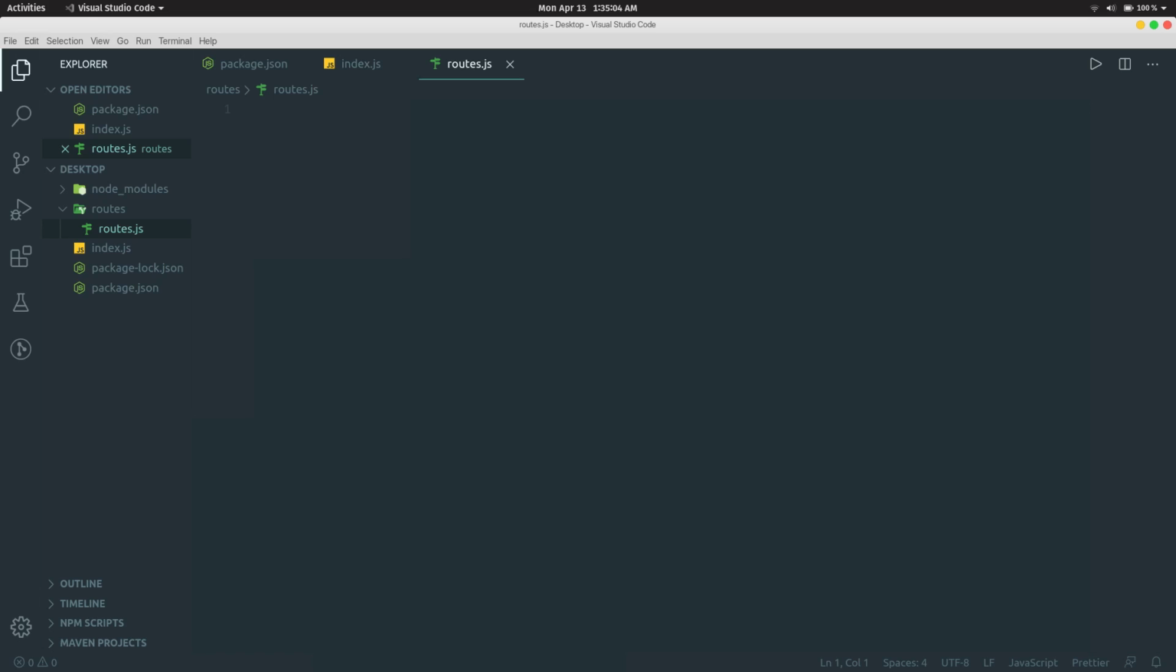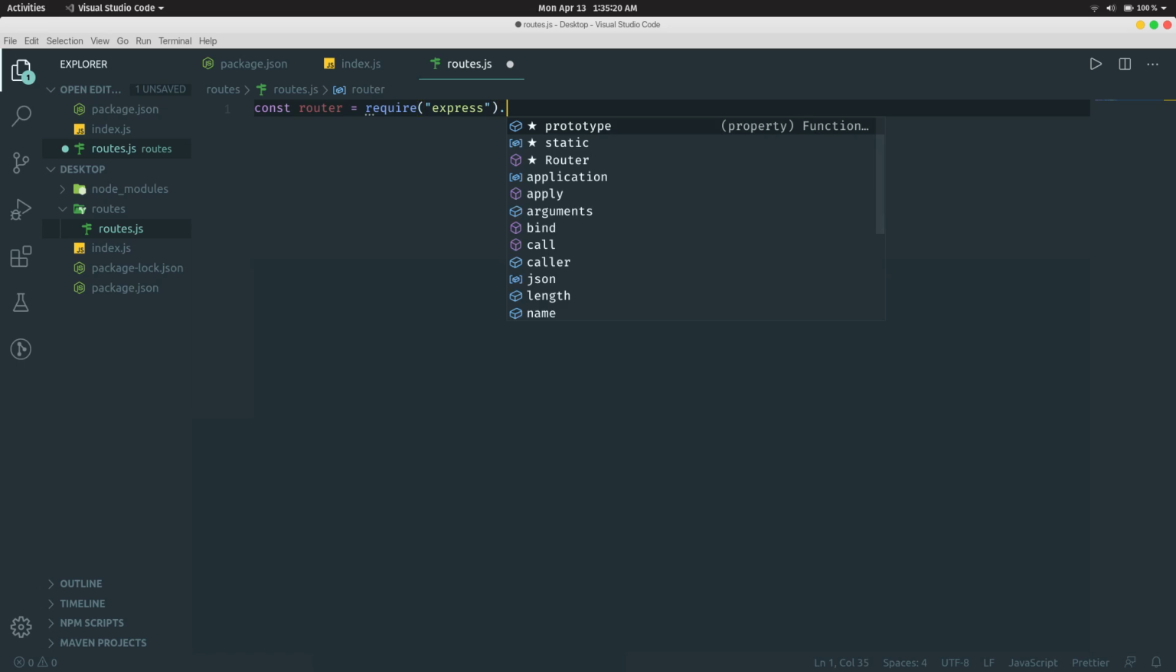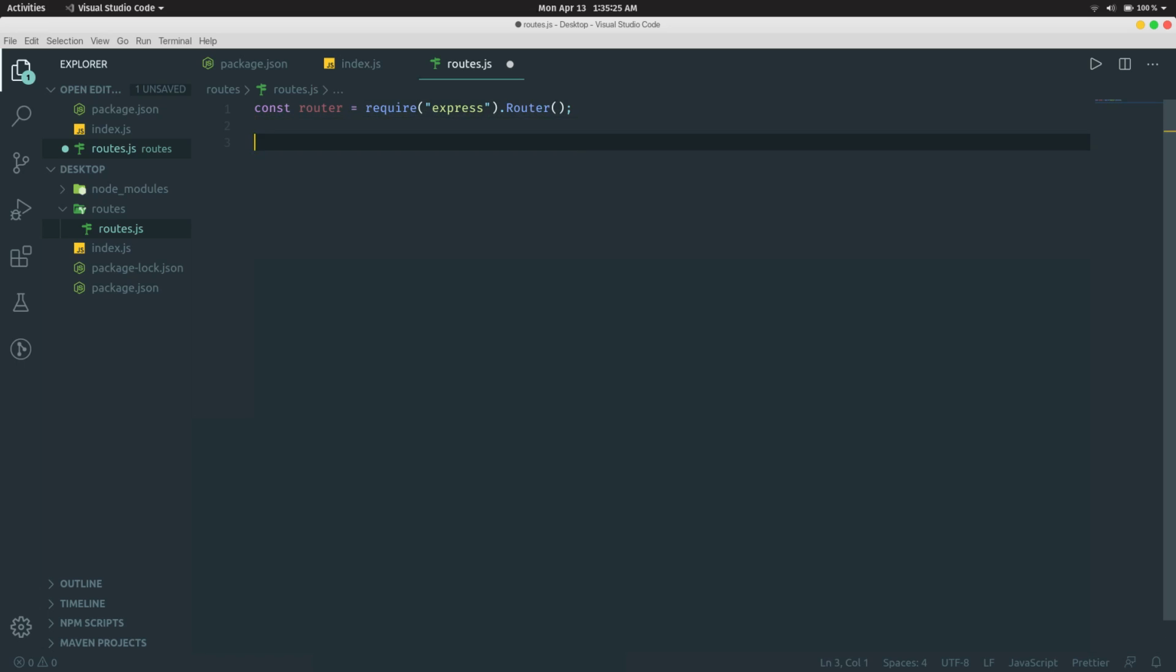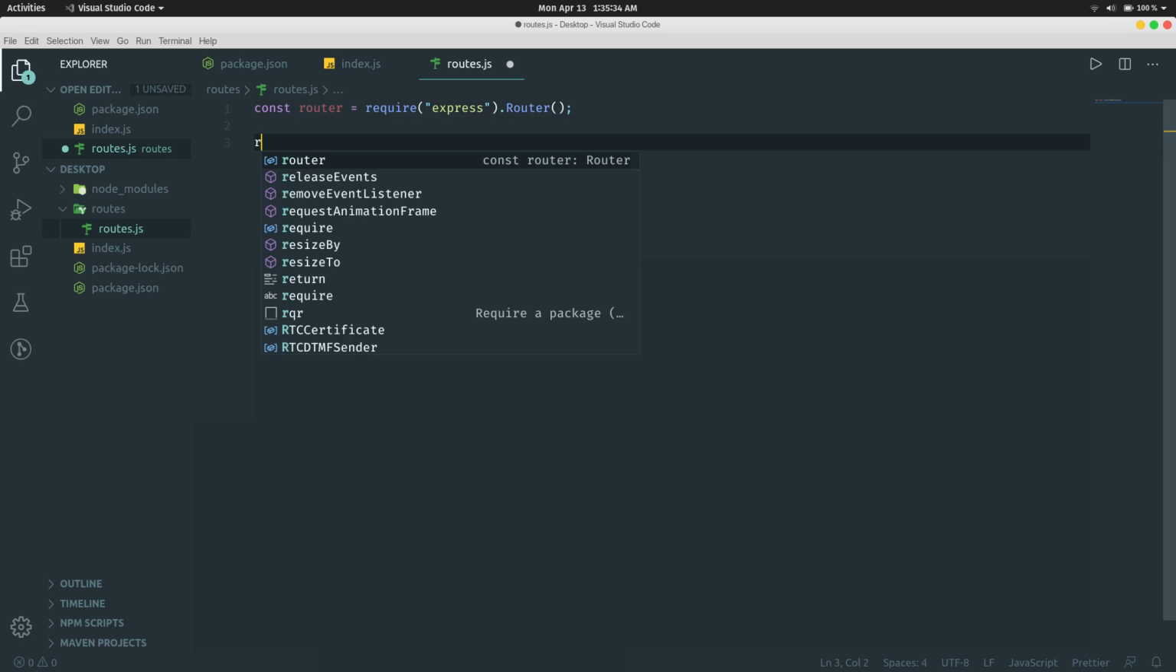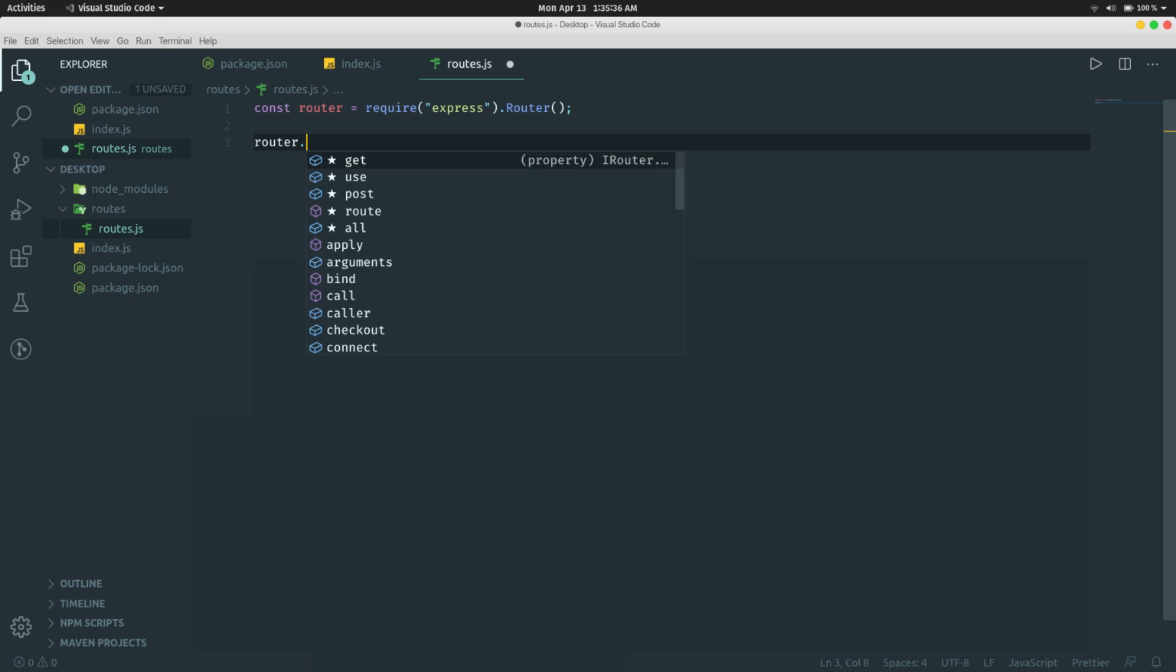So here we're gonna do const router, any variable name. I prefer to use router, and we're going to require it, which will be express dot, and we're gonna write router. So what this express router does is it allows us to create multiple routes. So in this video we'll be creating a very basic route, which will be a simple get request. So we're gonna do router.get,